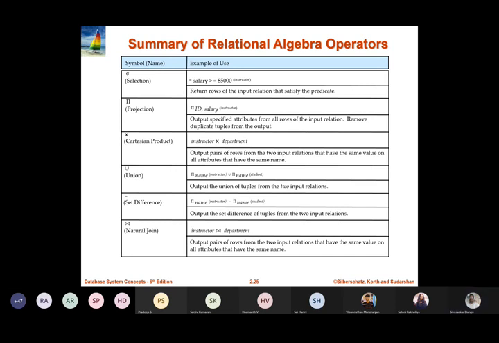So the last operator that we'll be discussing is the natural join operator. It outputs pairs of records from the two input relations that have the same value on all the attributes that have the same name, right? So we'll discuss this natural join, and with that it completes the end of